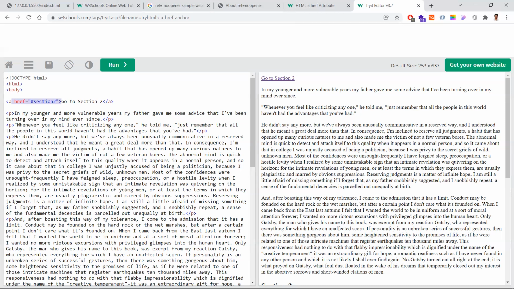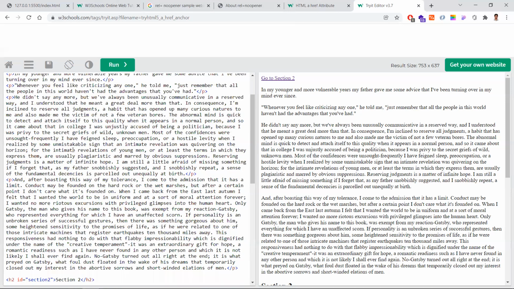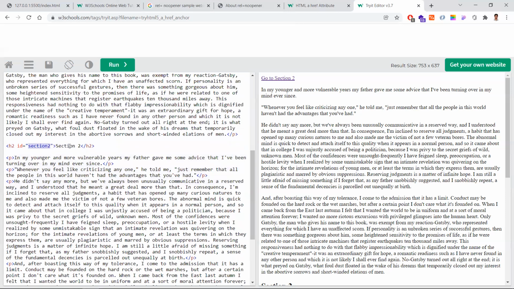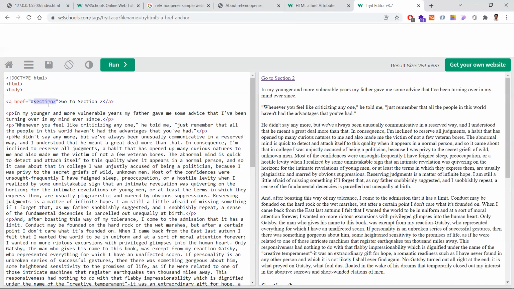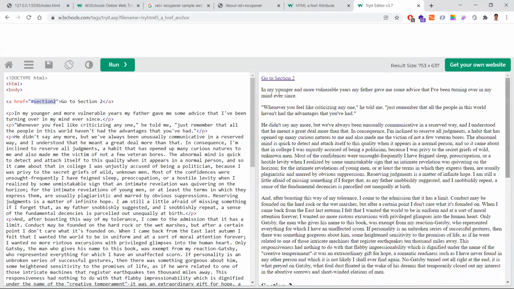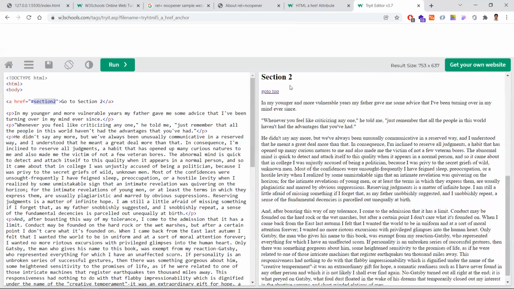So you are linking your anchor tag to that particular section, so that if I click that link, you go directly to that section. How is it happening? If you are linking internally, you need to give a hash, because we have given section 2 as an ID. This is one of the sections, and we have given the ID section2. In order to navigate to this section, we use href hash section2. If I click here, you can see the scroll, and I go down exactly to section 2. So you went to the particular section where you wanted.